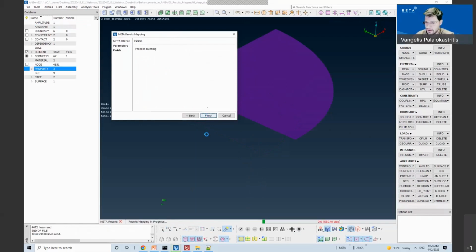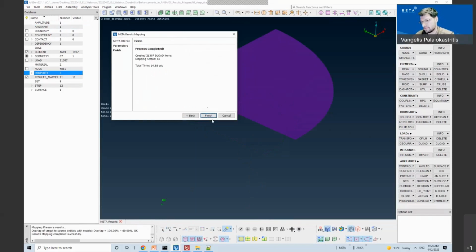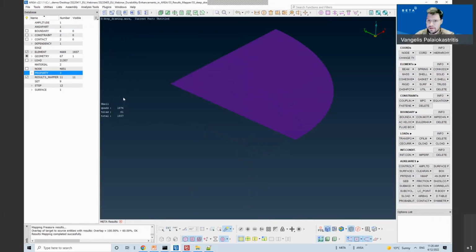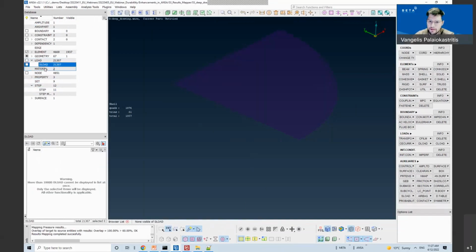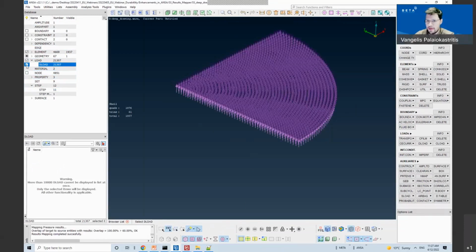The mapping is taking place multiple times for each state. And by pressing finish, I can see that it has created 11 steps, and the respective D load entities for each step.